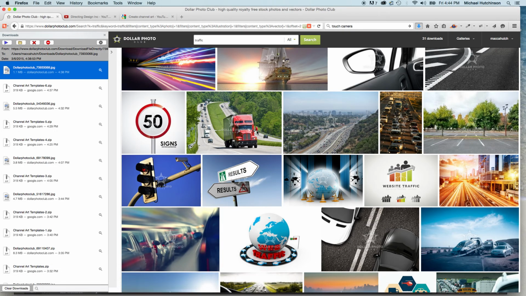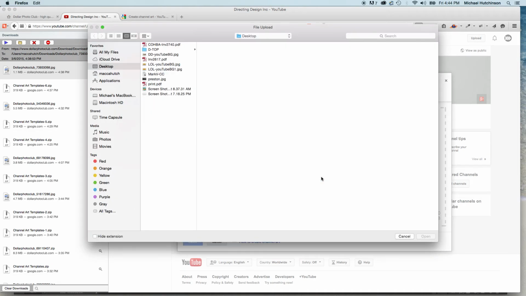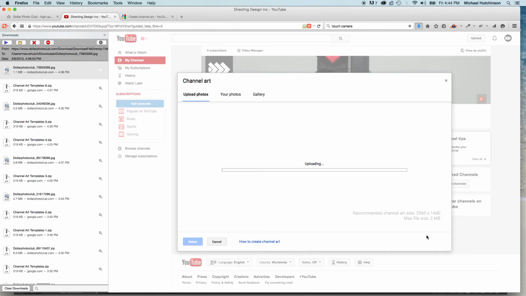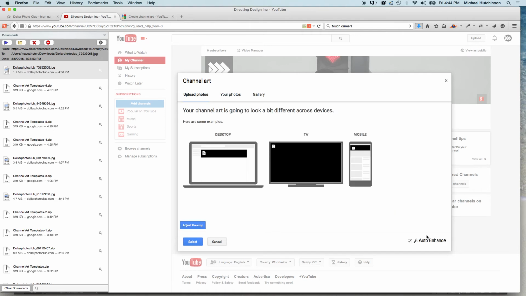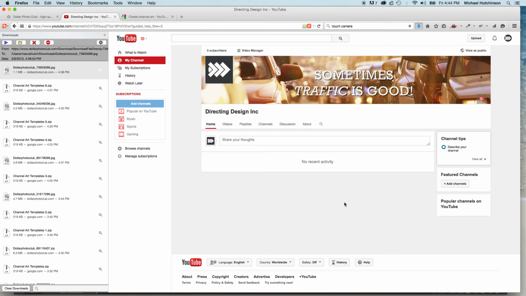All right, so switching back to YouTube, I've still got this window open, and I can select a photograph from my computer, which I just created. Select it, say upload. After it uploads, it's going to give you a quick preview of what it's going to look like on all devices. Obviously, it's way zoomed out, but you can kind of vaguely see here that the text does show on mobile, the text does show on TV, and the text does show on desktop. If I hit select,